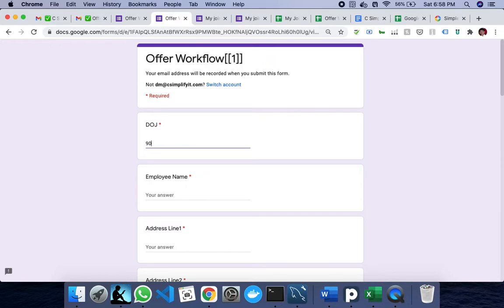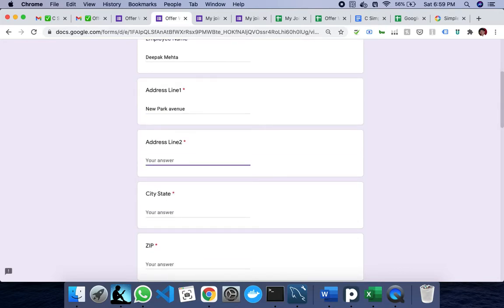So let's say my date of joining is 21st April, and name is Deepak Mehta again, and address line is New Park Avenue, and my city line is near Walmart, and my state is Orange County, and my zip code is 92704, and my SSN number is ZZZYYYTT, and my gender field which I added extra, I say okay, it's male right now, and I say Deepak.